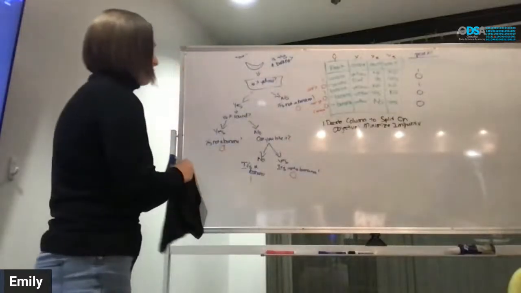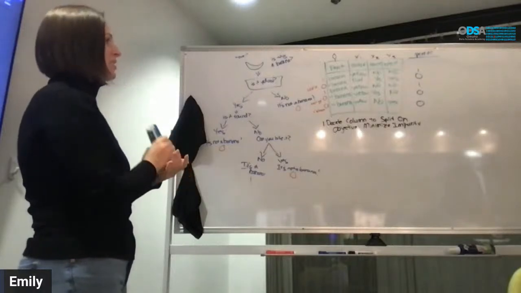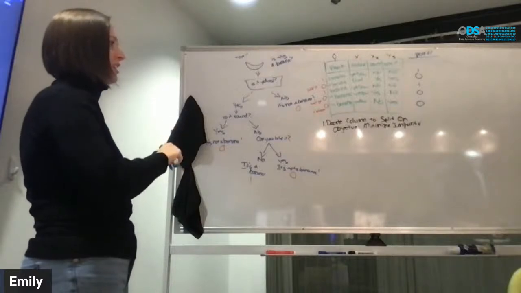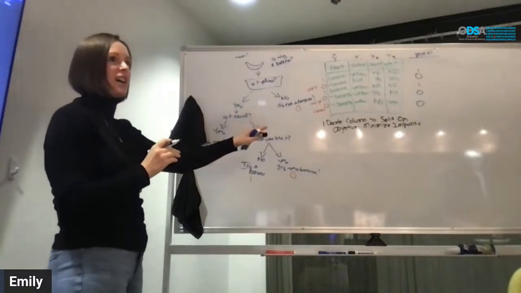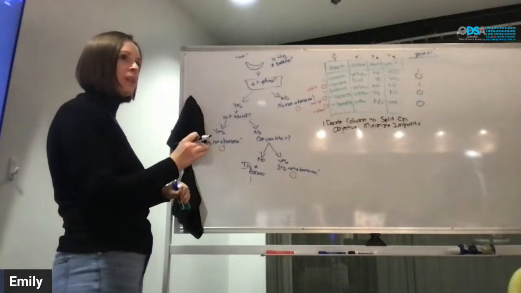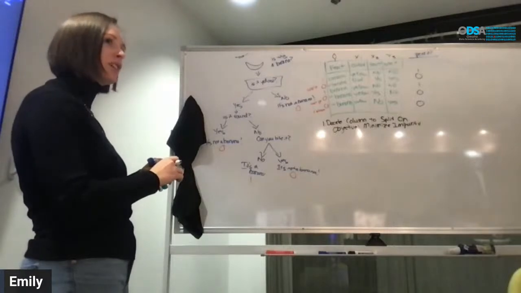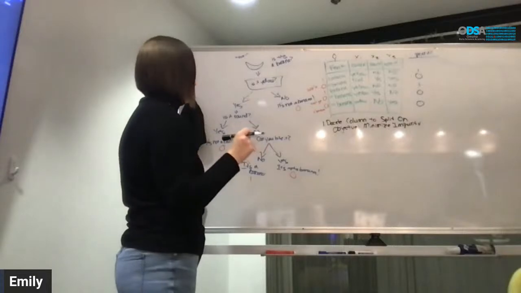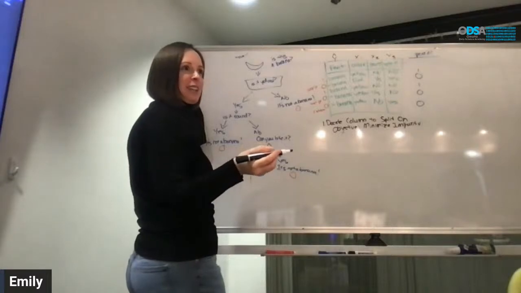So the first thing we're going to do is choose a column. I was going to have you implement a decision tree by hand, but I realized that this uses a computer science concept you may or may not be familiar with called recursion, which means it's a function that ends up calling itself over and over again until it reaches the end. I felt like that was a little too complicated, which is saying something because I feel like I give you guys some complicated stuff.